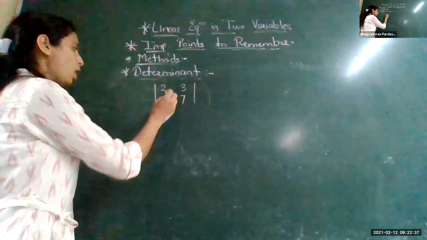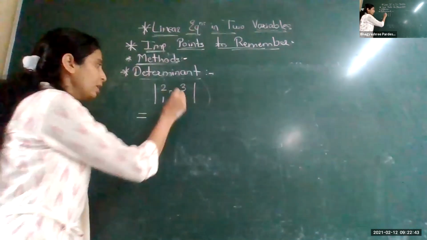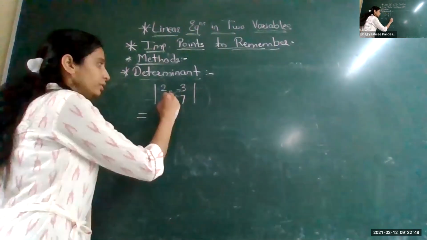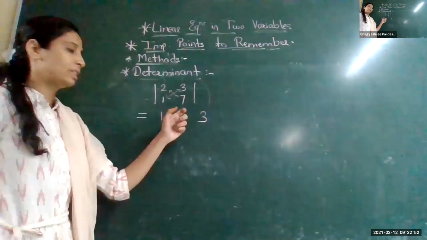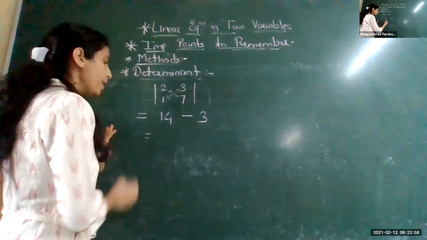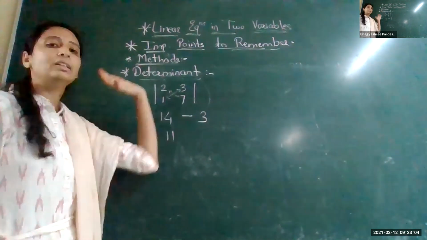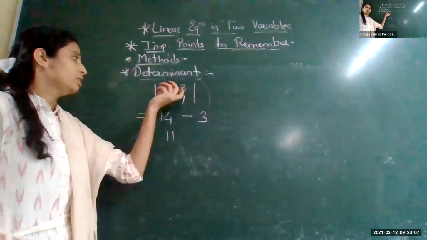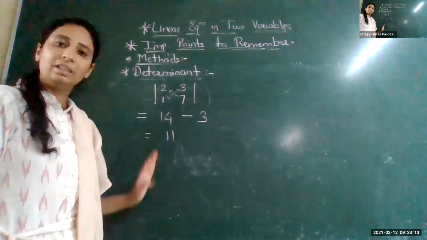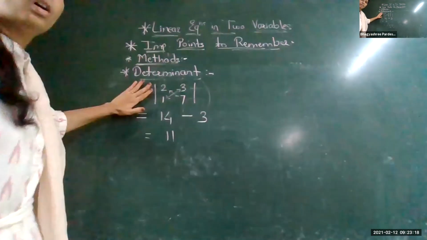Just you must know how to solve. So how to solve this? Simply cross multiply. Cross multiply this 2 and cross multiply this 2. Okay? So first, 2 sevens are 14, 3 ones are 3. And what about the sign? In the middle, you are simply giving a minus sign. So your determinant is 14 minus 3, which equals 11. This is the simplest thing, the determinant. Very easy one. It is just a 2 by 2 determinant. Cross multiply them and minus the next cross multiplication. Clear? Very easy. Just remember this, because in the determinant method, how to solve the determinant is the most